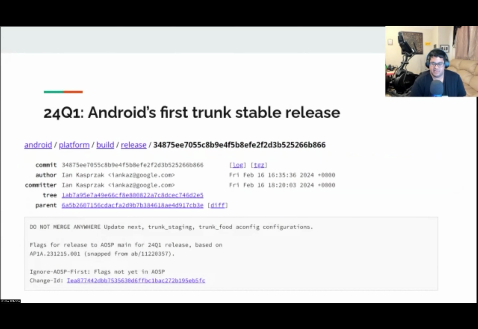A couple more things to note. First, you may have seen Google refer to the Android 14 QPR2 release internally as 24Q1 in the AOSP Gerrit. Since QPRs and the next OS release are now basically identical in terms of codebase, only differing in what features and APIs are exposed through aconfig flags, it seems that internally there's no longer a need to differentiate OS releases by dessert name. However, we'll likely still see dessert names and Android version numbers being used in user and developer-facing marketing.